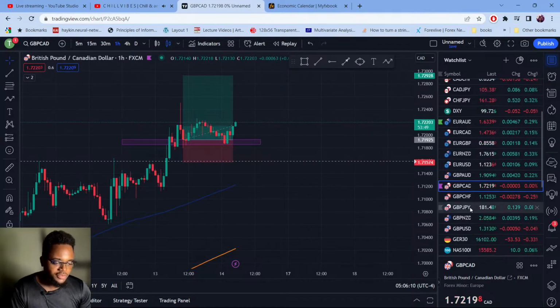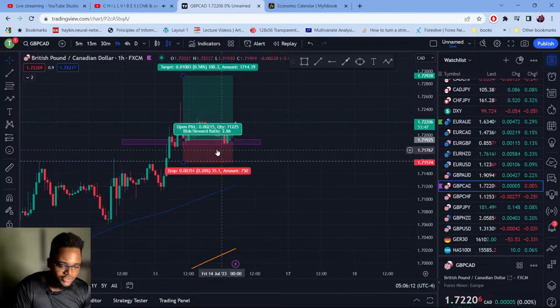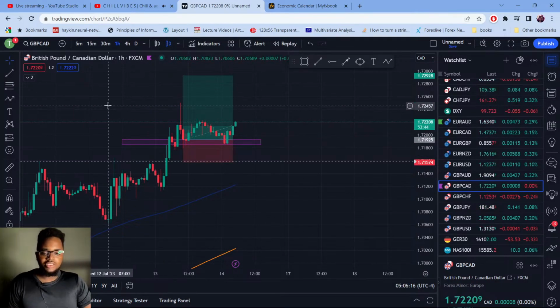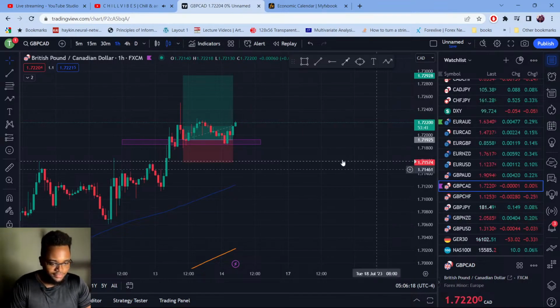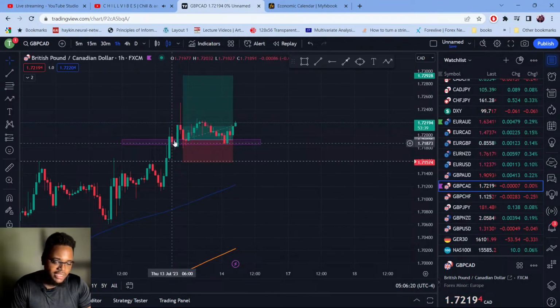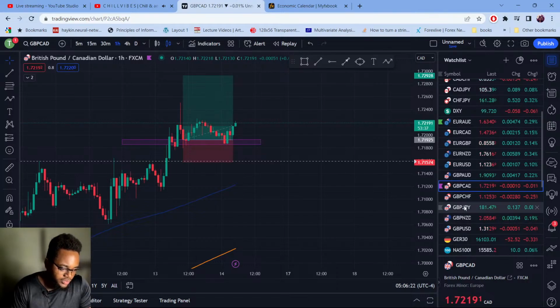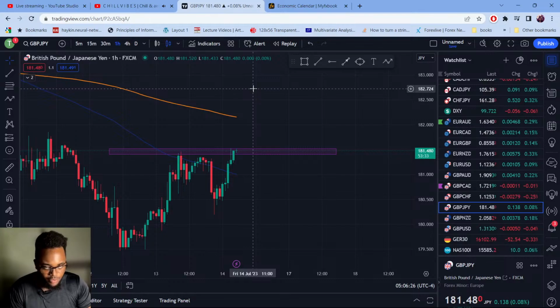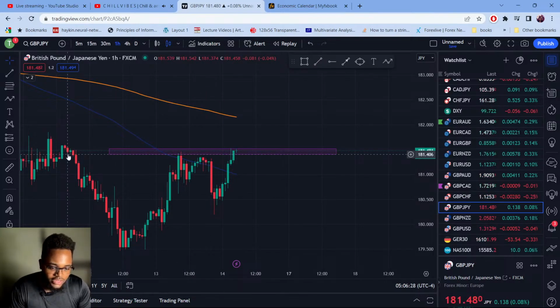GBP has been performing really well, swinging to the upside. So in this case, with GBP/CAD, I want to have the same bias in pullbacks, but with the GBP itself, it's just a hit or miss at this point, right? This year for